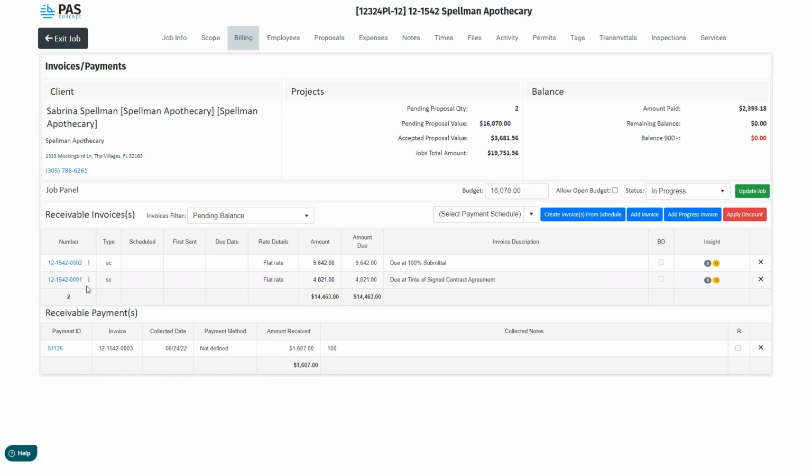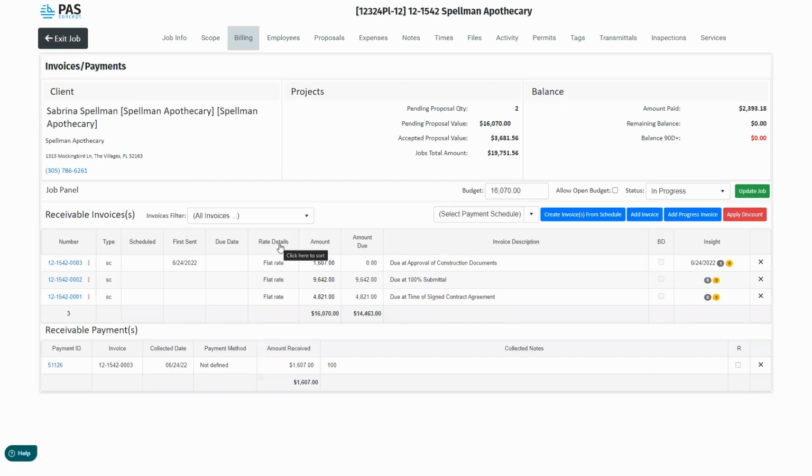Below that, we can see invoices that are pending to be sent. These are future invoices that are already defined at certain key milestones for a project and have yet to be sent. If an invoice has been sent, you can also see the full payment history at the bottom. In fact, let's go ahead and open this up and see all invoices. So I want to show you guys something kind of cool about the system.